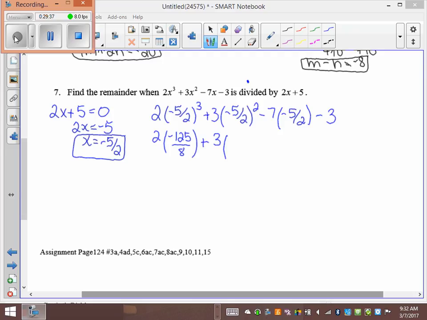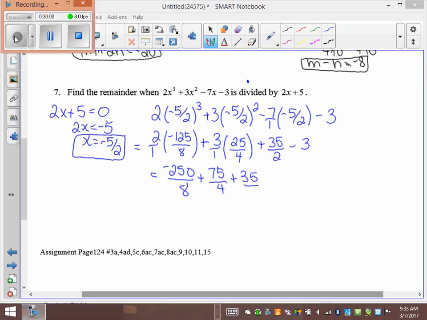Plus 3, negative 5 squared is 25 over 4. Plus 35, this would be 7 over 1. So 35 over 2 minus 3. These would be over 1s. So it's going to be negative 250 over 8, plus 75 over 4, plus 35 over 2,